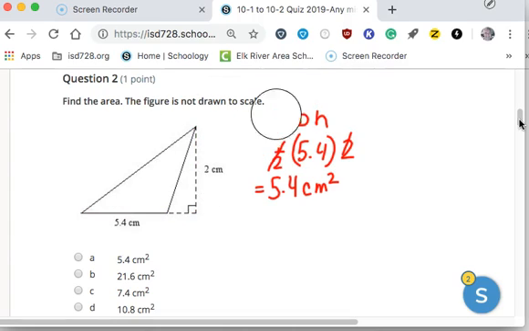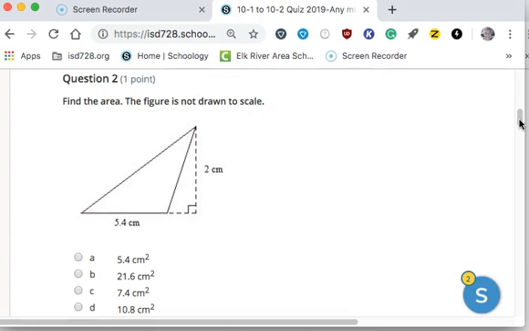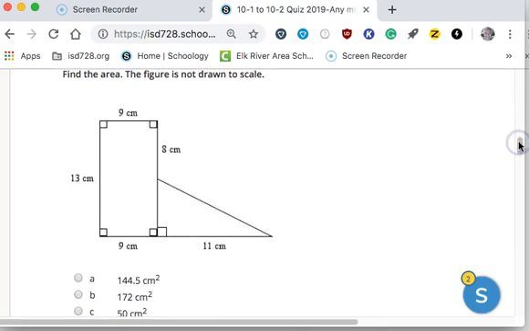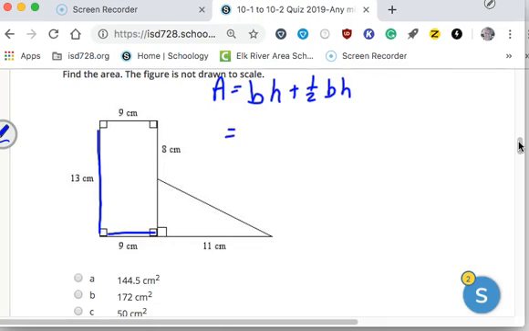Okay, so my letter A. Now in the next problem, problem 3, I'm looking at an area that's chopped up. So I'm going to find the area of the rectangle and the area of the triangle. So I've got base times height plus 1/2 base times height is equal to my total area, because I've got the rectangle and I've got the triangle. The rectangle dimensions are 9 times 13, this 9 and this 13. So 9 times 13